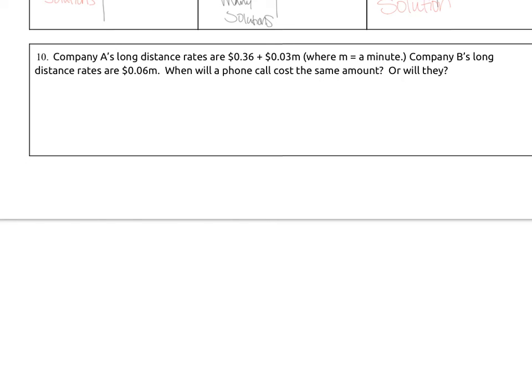Again, that word the same means equal. And then on the left, we will have 36 cents plus 3 cents M. Be careful how you write that. 0.03 is 3 cents. If you move around your decimal place, then you have the wrong number. Equals